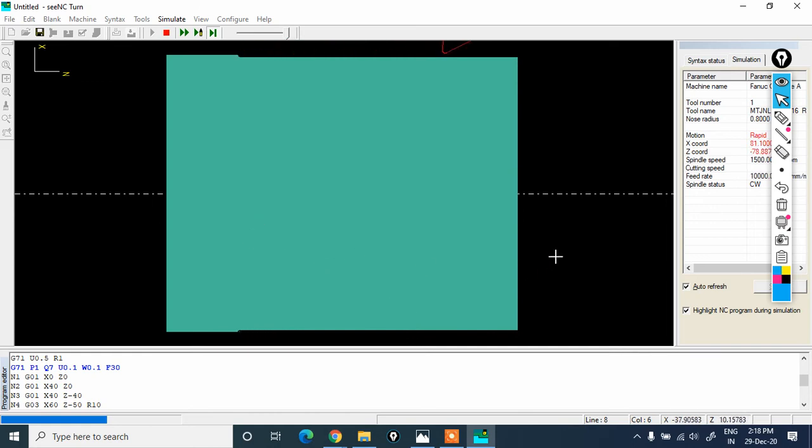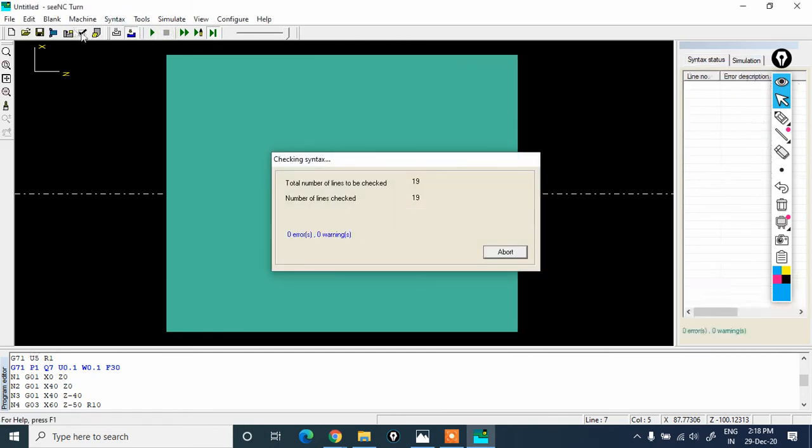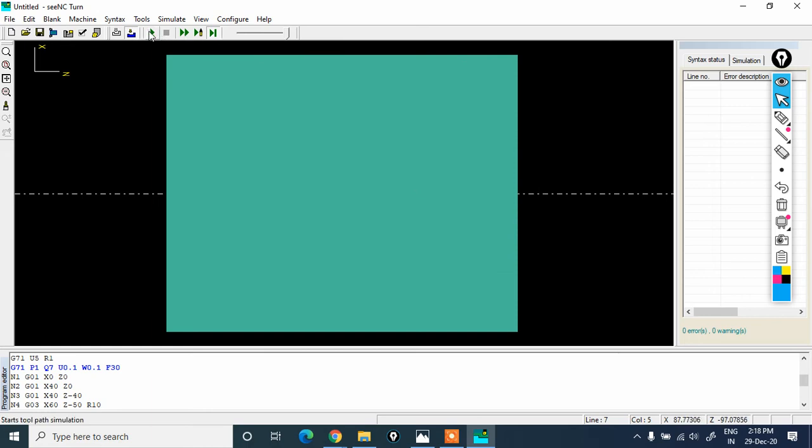Okay, it takes much time, so for a better demonstration, we have 2 more programs to execute. I have made a change here, we have made U as 5. If you want to implement this change, make sure you run the syntax again. Any changes in the part program, you need to run the syntax and play.